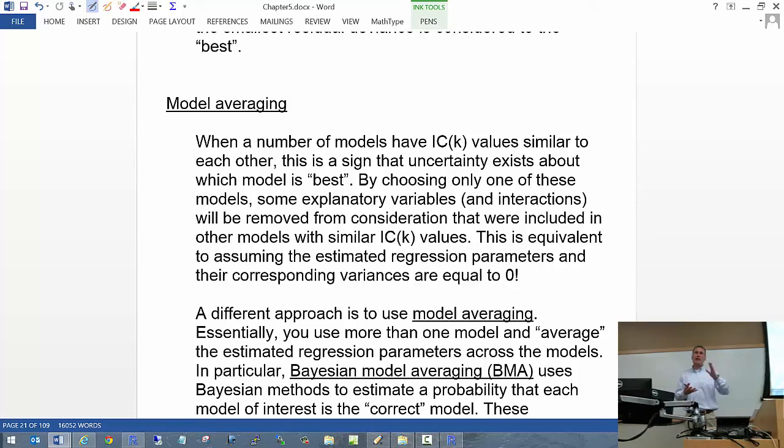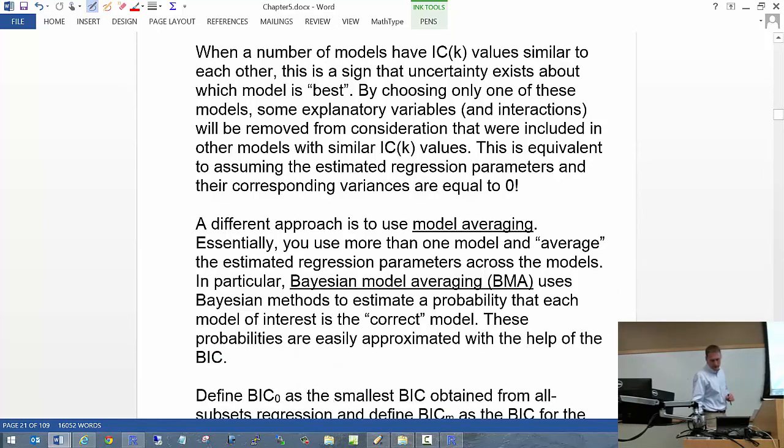It allows you not to necessarily specify using one model, but you can use more than one model, and then essentially average the parameter estimates from those multiple models. And that becomes your overall model that you use. Okay? Well, why does one want to consider doing something like this? Well,